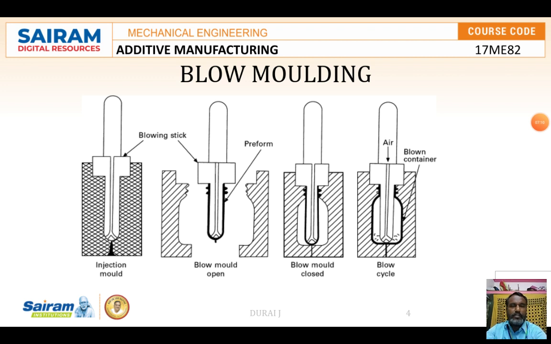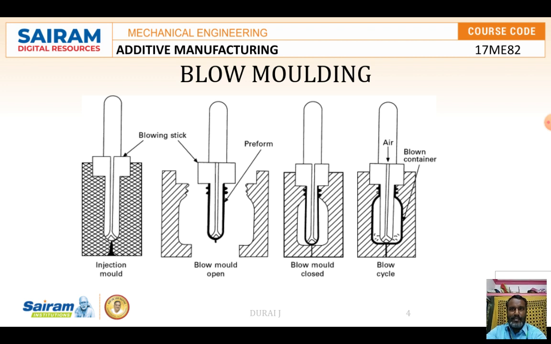Next, we are going to discuss blow molding. Normally, hollow plastic products are manufactured with the help of the blow molding technique. A soft drink bottle and numerous other hollow articles are produced in this process. Thermoplastic materials such as polyethylene, polycarbonate, PVC, polystyrene and nylon can all be molded here.